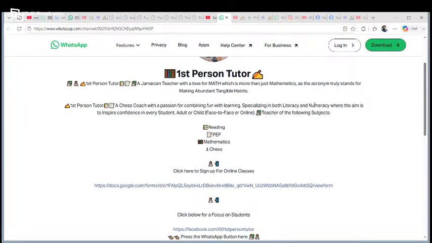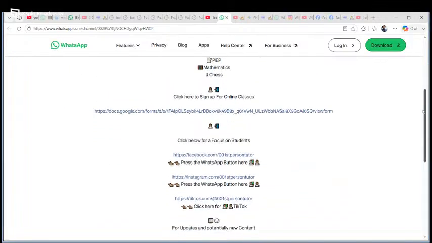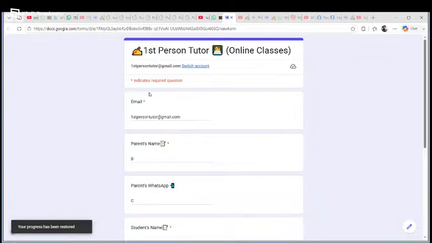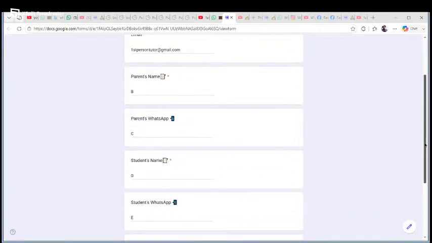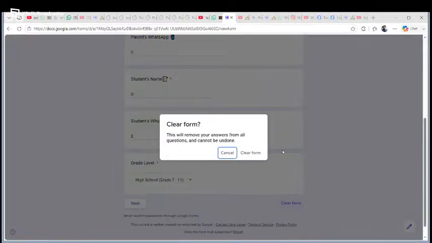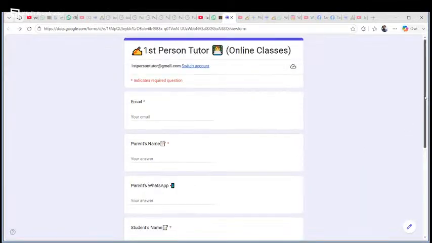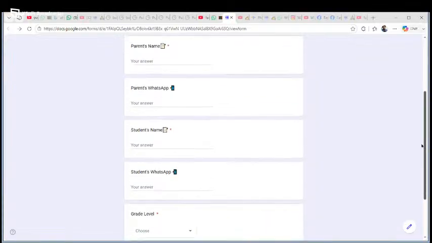Now for those who are interested in the classes, the idea is you can forgo all of this. You don't need all of this, because you would have already visited them, or you can visit them later. But if you're focused on just filling out the form, here we are. Now I'm going to clear the form because this is kind of annoying to me. It just saved my data because it's holding on to my email.